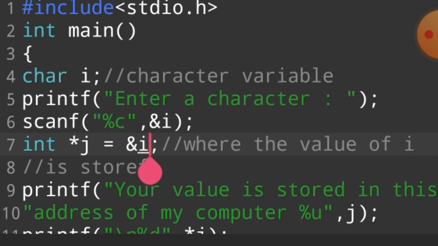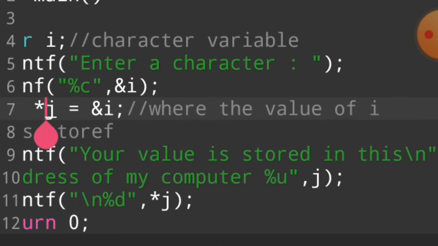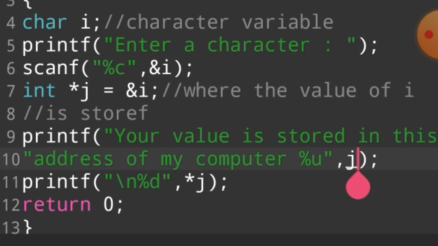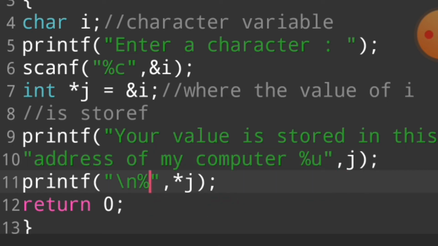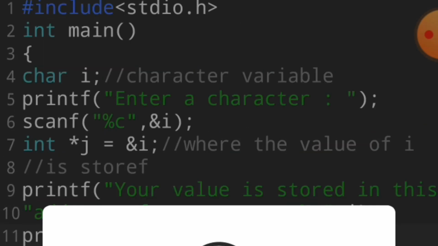This memory address is stored in j, and then when we want to print the address of i, we use %u and then we say j. And if we want to print the value of pointer j, the value stored at this address, we use *j. And then if we print %d, when I run this program,